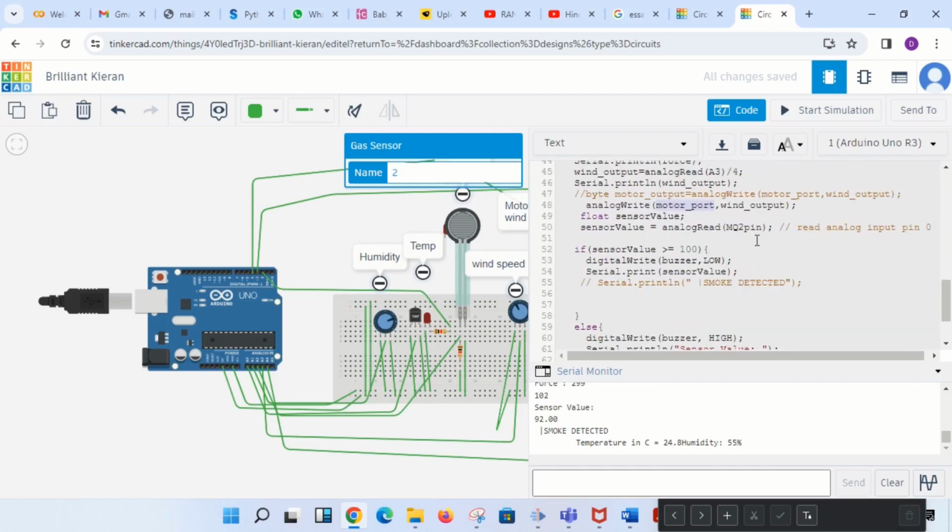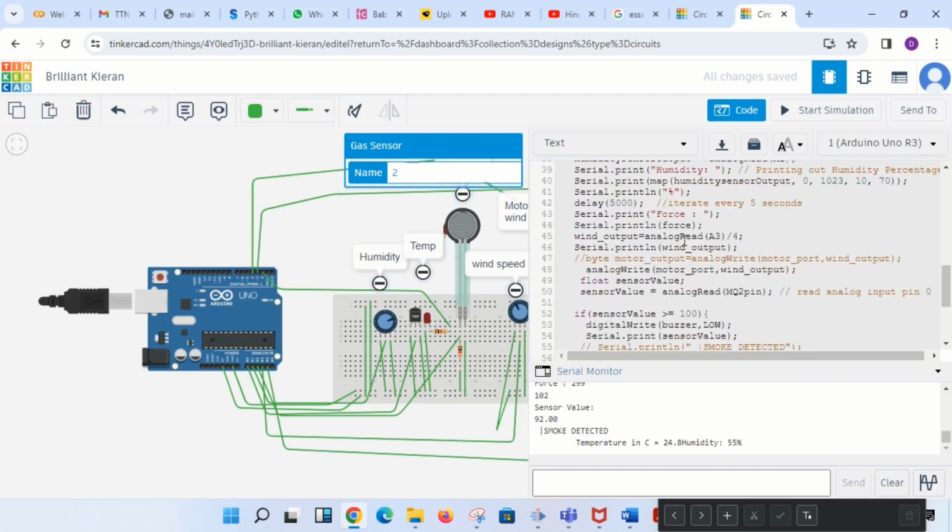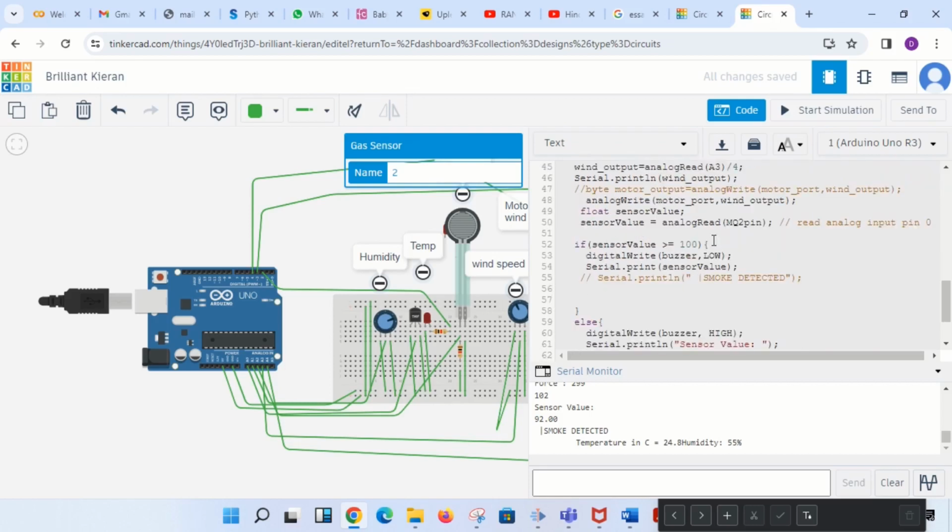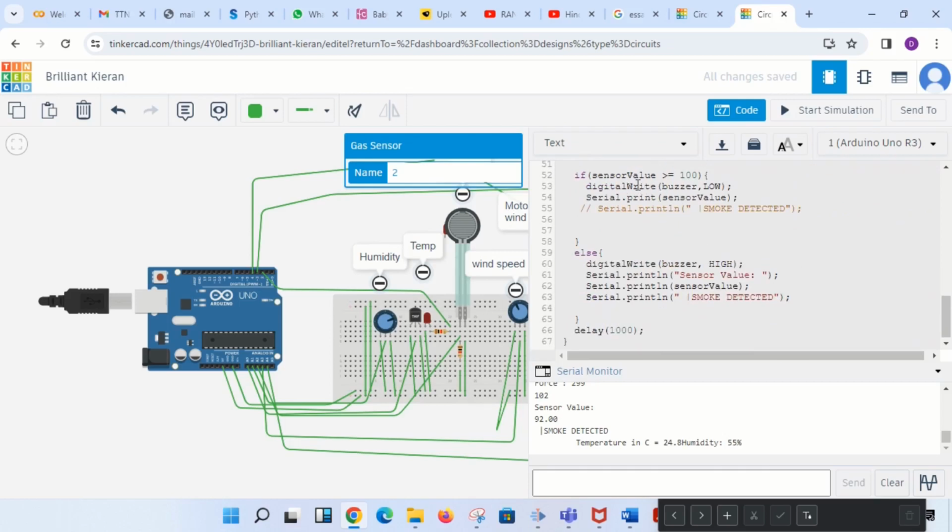This is for the gas sensor. The gas sensor pin I am storing in one variable, the sensor variable. If the sensor variable value is more than 100, then the buzzer will be turned on. You just have to write the analogRead function and store the value, and there are some conversions for getting a proper message on the serial monitor window and the LCD window. For a proper message, you have to write some formula, which will be visible to humans. If the gas sensor value is low, then the buzzer will not play. Now I'm turning on the